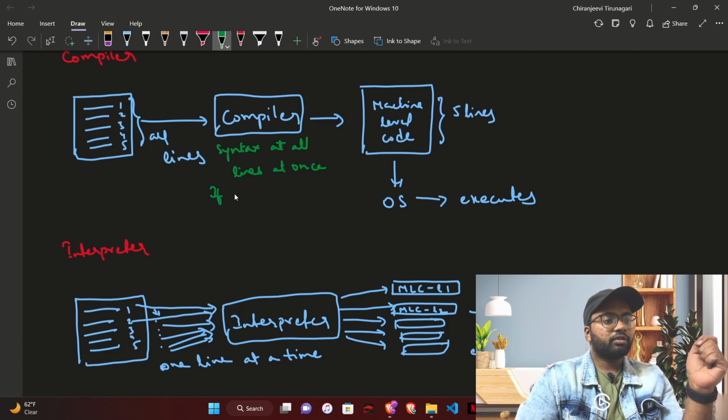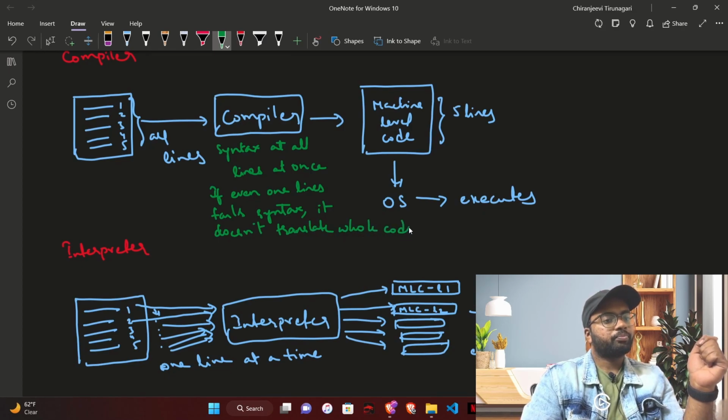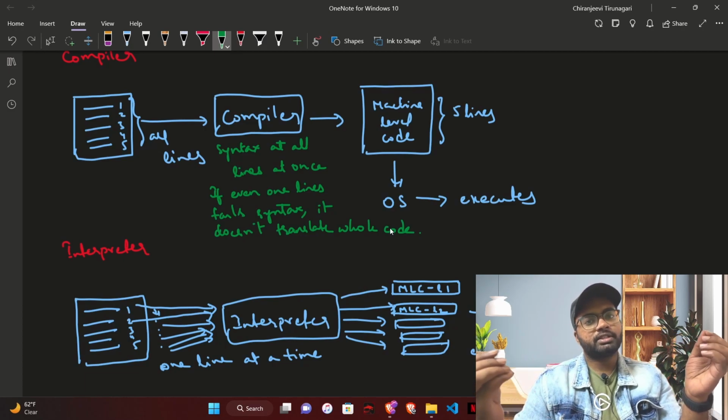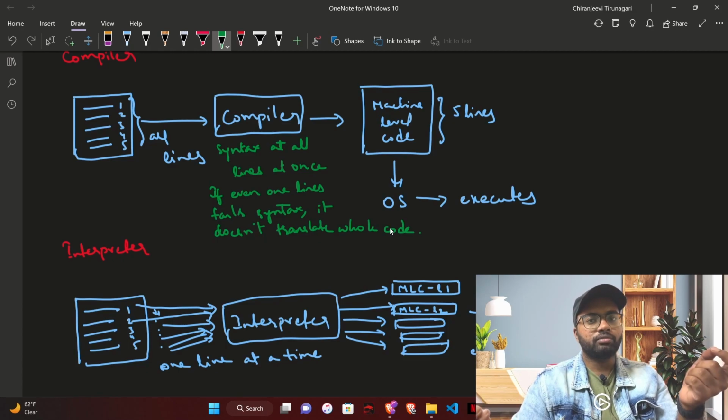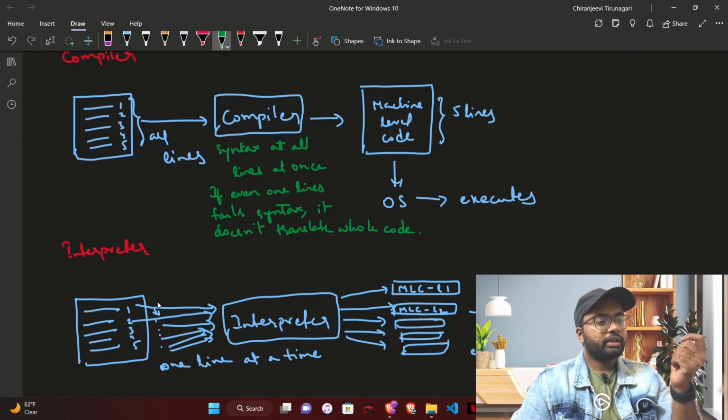If even one line fails the syntax check, it doesn't translate the whole code. So basically, the compiler checks the syntax at all lines at once, and if any one line fails the syntax check, then it doesn't convert any line to machine level code, because it does every line at once. In the case of the interpreter, as it's taking one line at a time,